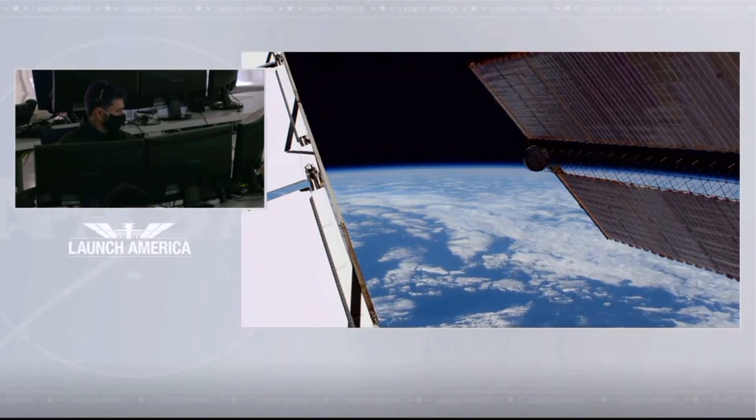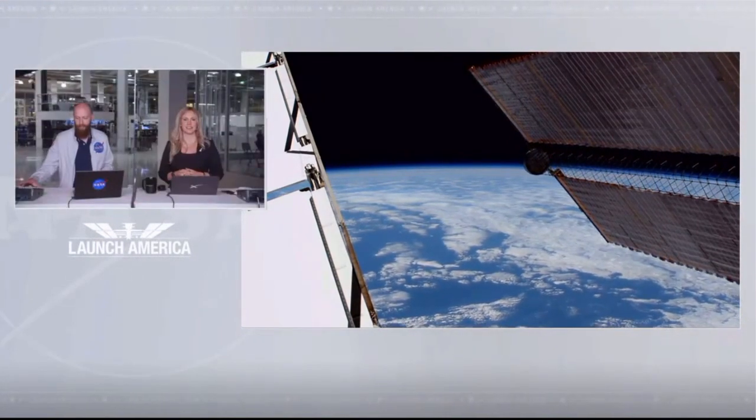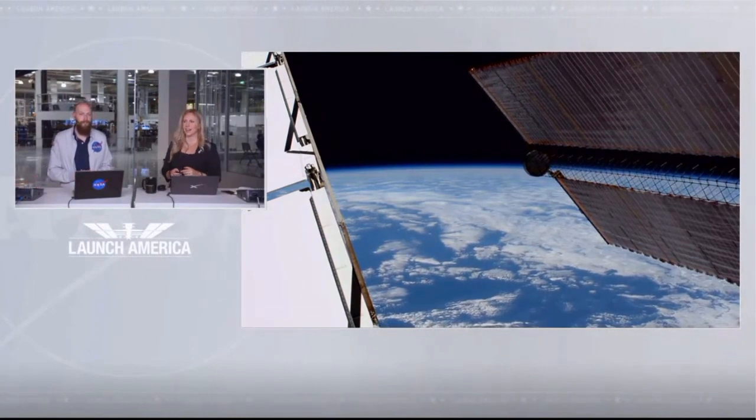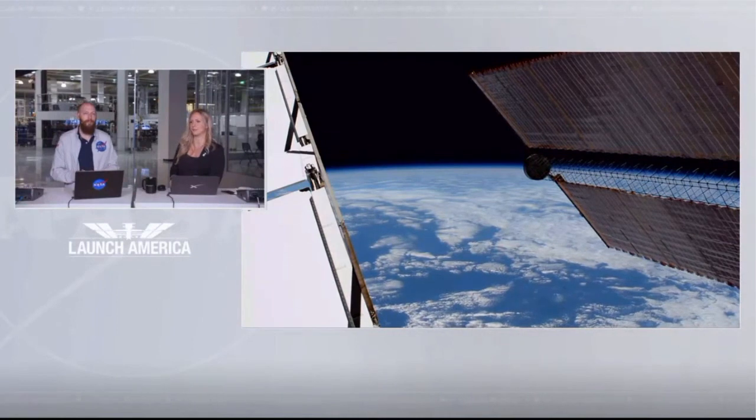Okay, so that was Bob and Doug giving the okay for us to turn the cameras back on inside of Crew Dragon. And I did hear in one of the previous commands earlier that...